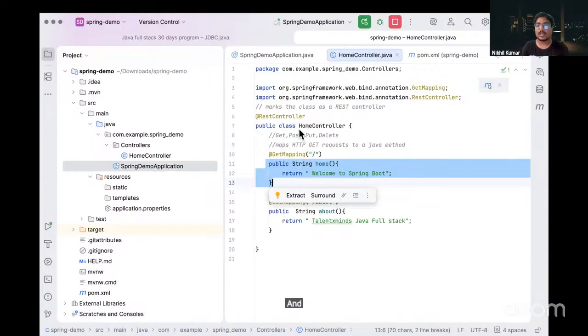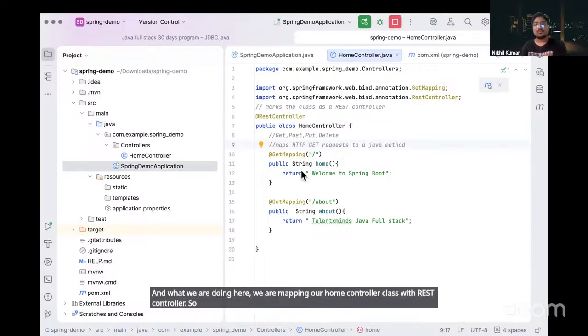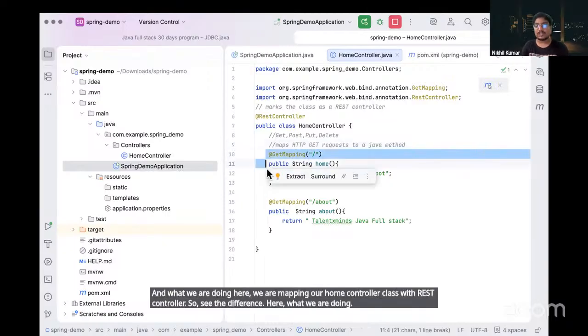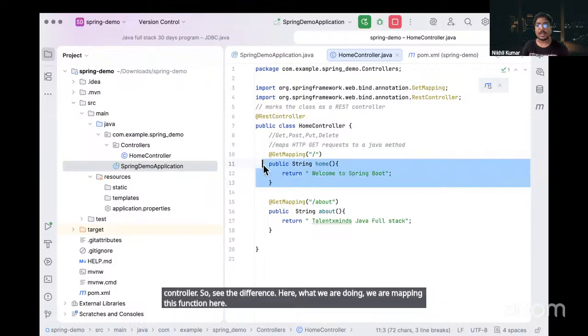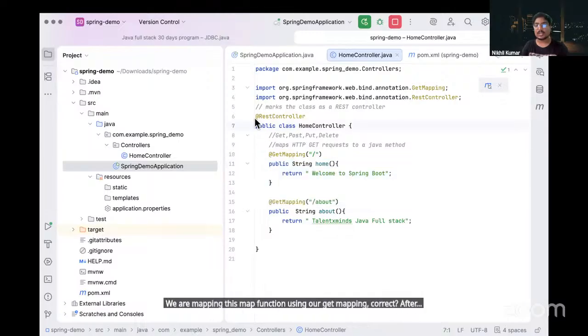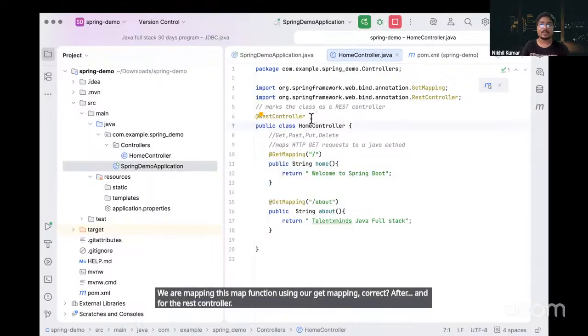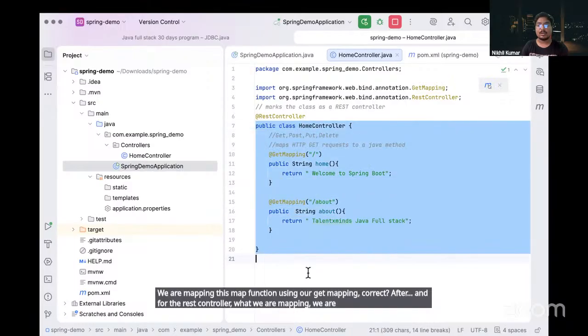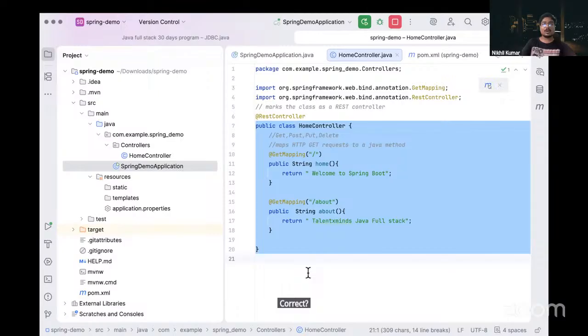And we are mapping our home controller class with REST controller. So see the difference here. We are mapping this function using our get mapping, correct? And for the REST controller, we are mapping this whole class, correct? So that's how our annotations work here.